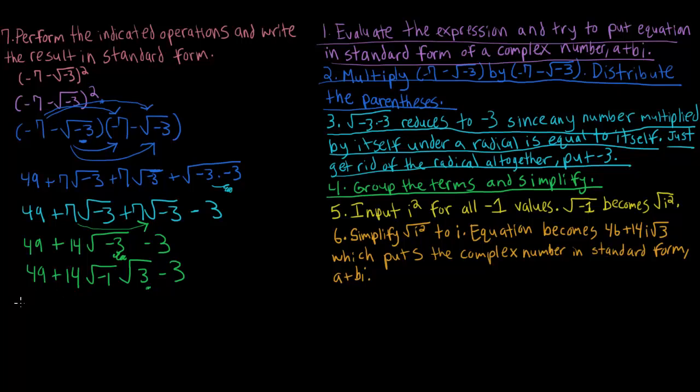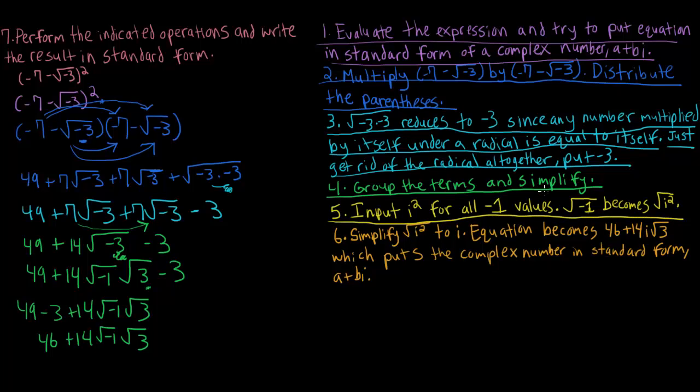And let's even simplify. Right here we have 49 minus 3 plus 14 square root of -1 square root of 3. 49 minus 3 is 46 plus 14 square root of -1 square root of 3. And then now moving to step 5, input i squared for all -1 values. Square root of -1 becomes square root of i squared. So we would essentially have 46 plus 14 square root of i squared square root of 3, and then